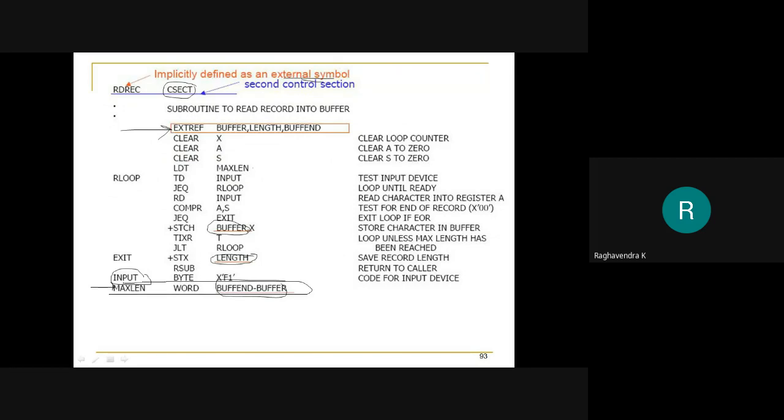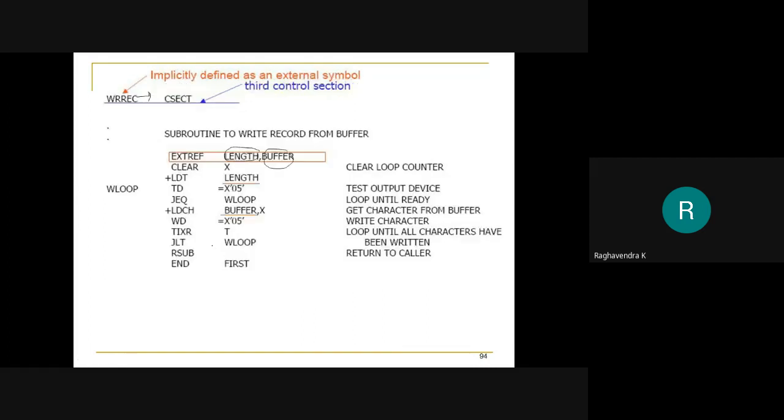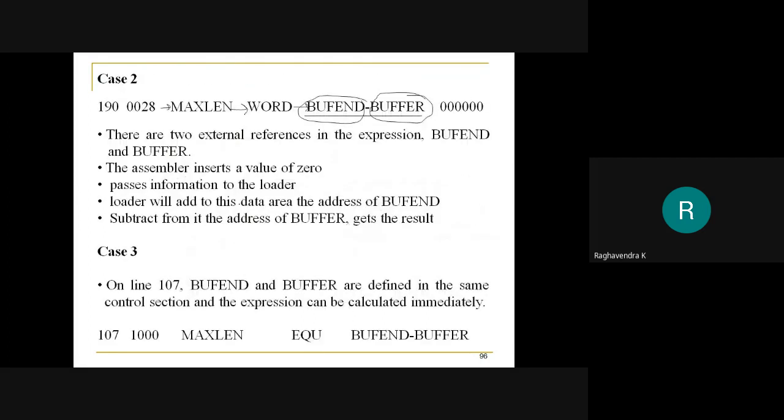Now remember this is the read record control section, and the read record control section has no idea where BUFFEND is and where BUFFER is, because all of them are external references. And if you had observed here, BUFFER is an external reference, so extended format. LENGTH is an external reference, so extended format. I hope you are getting the idea here.